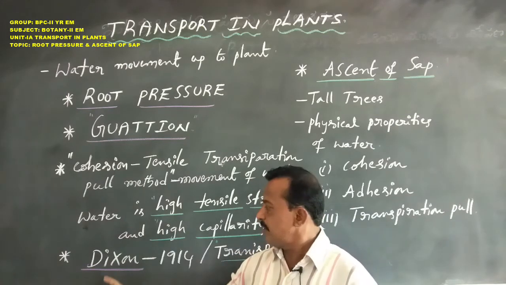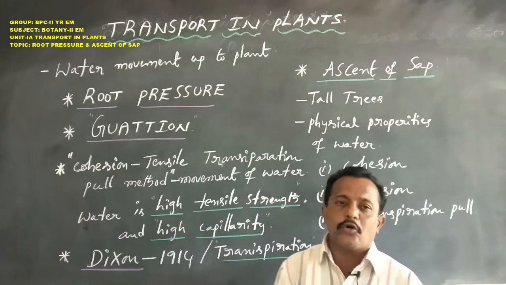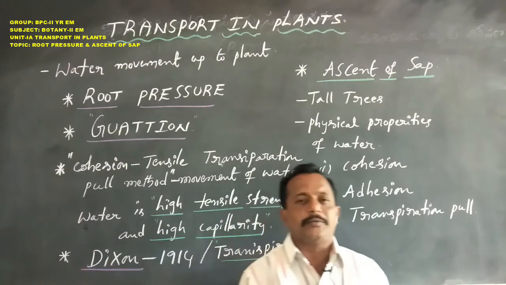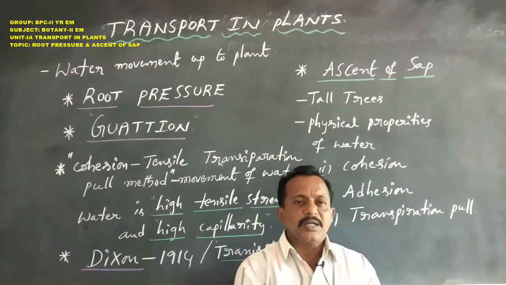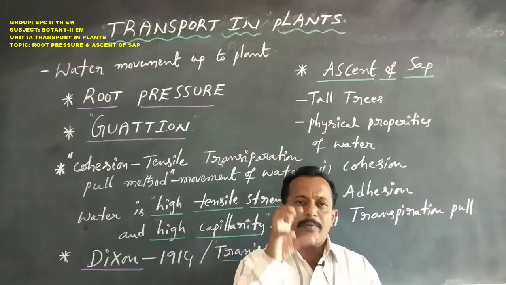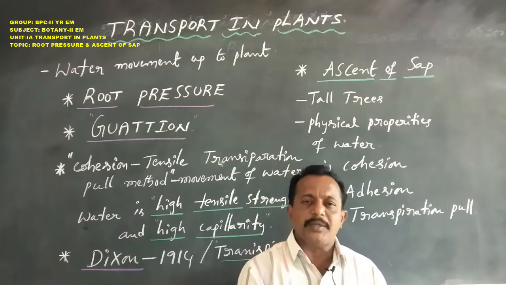This phenomenon was first proposed by Dixon in the year 1914. So dear students, less than 1% of water reaching the leaves